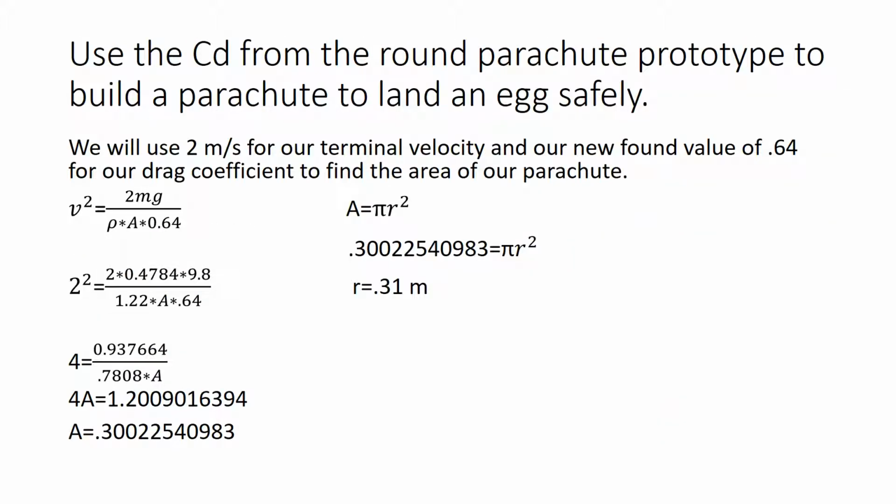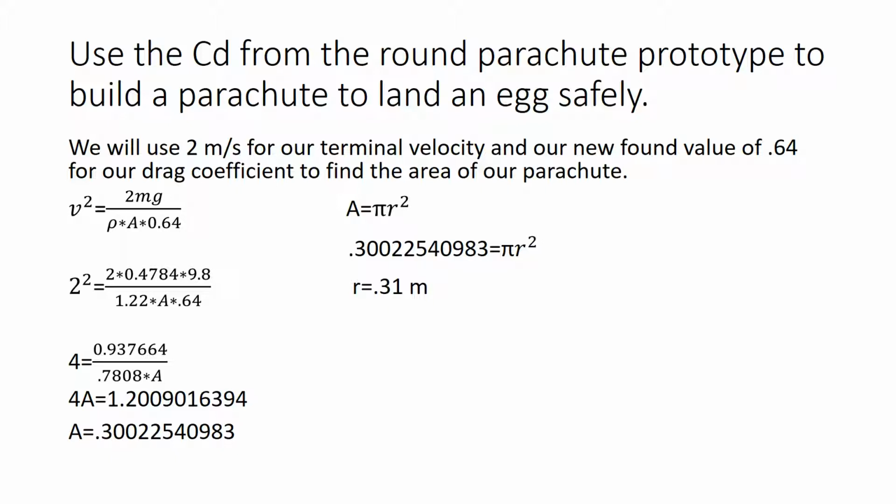So now I need to use that coefficient of drag from my prototype to build a parachute that I'm going to actually land an egg safely with. So again, I'm going to use 2 meters per second for terminal velocity, and I'm going to use my newfound value of 0.64 for the drag coefficient to find the area of the parachute I should build. So I put in all the numbers that I knew. So I have velocity squared equals